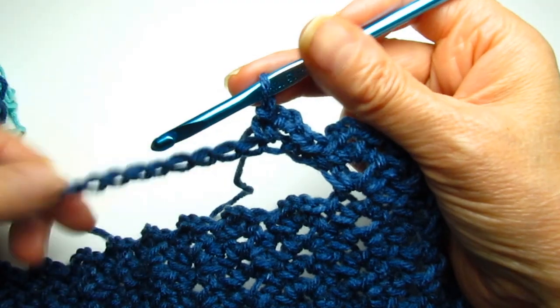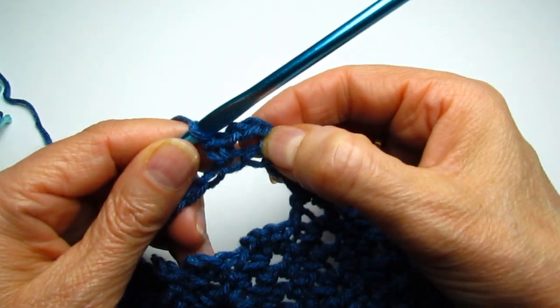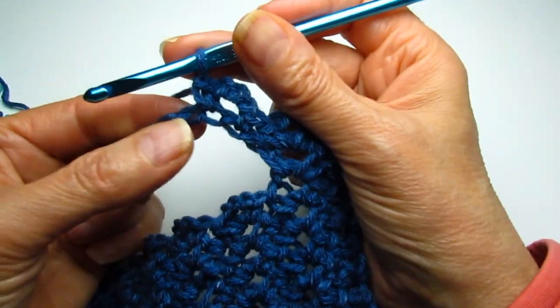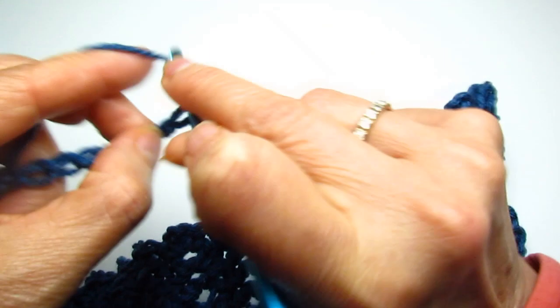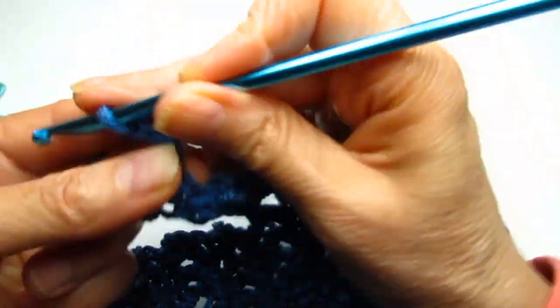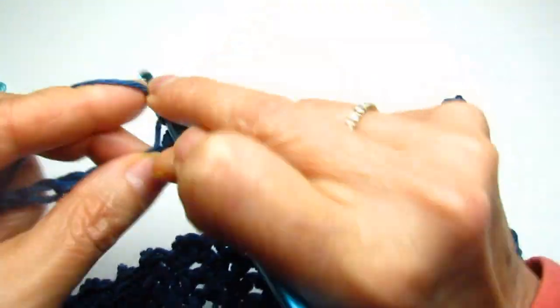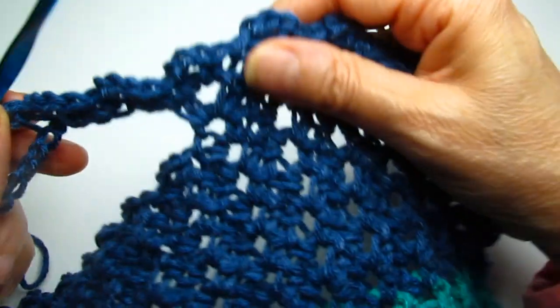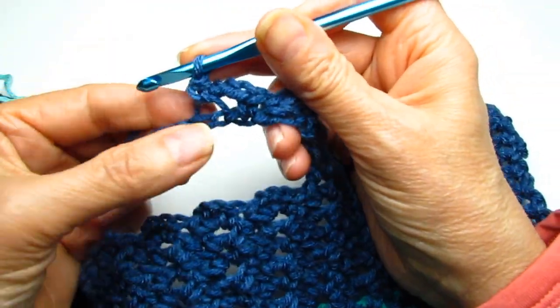Okay, all right. So now, I did that. So I did the single crochet, chain 3, single crochet. Then we skip one, go into the next one. Make your single crochet, chain 3, 1, 2, 3. Go into the next chain right beside it and make another single crochet. So we continue that pattern, see? Right along. And then we just skip